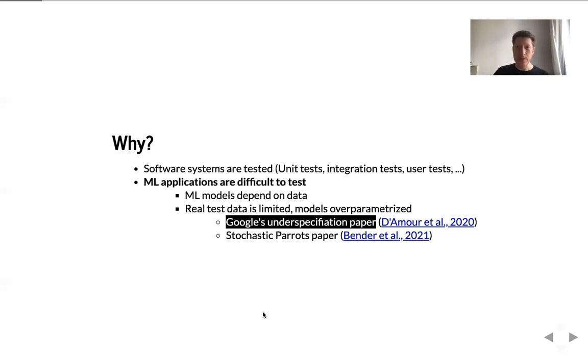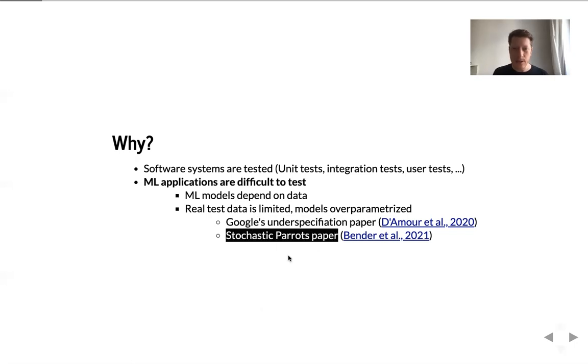You stress test those models with different data, and then these different models perform differently, even though they performed comparably on a small limited test set. This is due to the fact that these models are under-specified or over-parameterized, and we didn't have enough test data for them. A different angle is presented in the stochastic parrots paper by Bender and colleagues, where